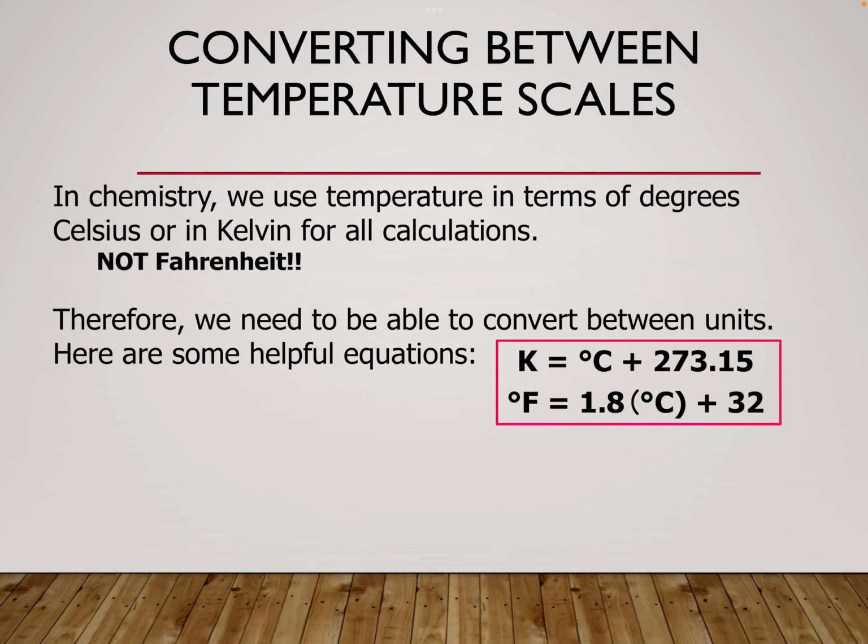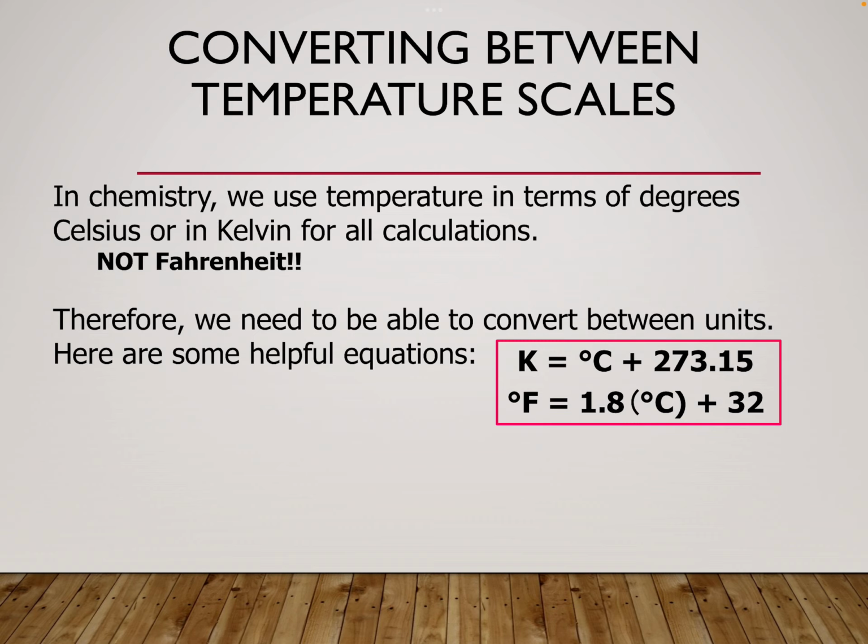So here are some really useful equations. Kelvin equals degrees Celsius plus 273.15. Remember, we're always going to add 273 to our Celsius temperature to make sure our Kelvin temperature is always positive. If you accidentally subtract 273, you should notice pretty quickly because your Kelvin